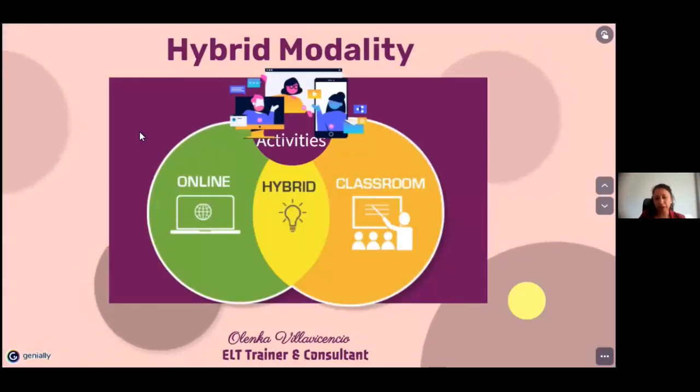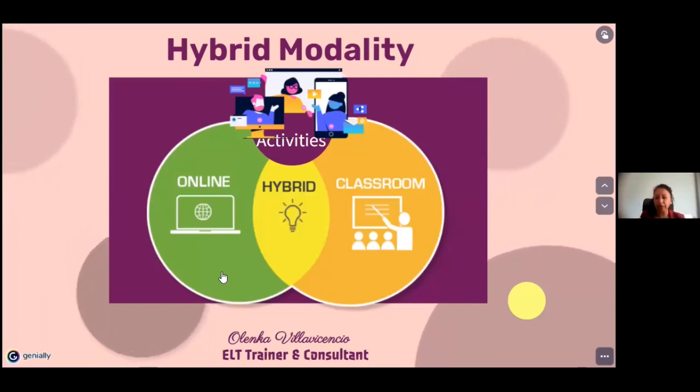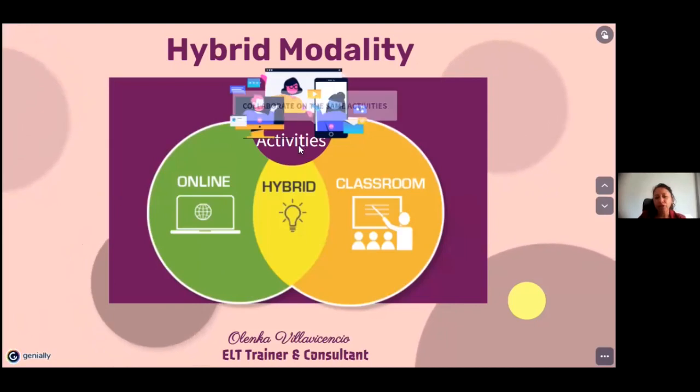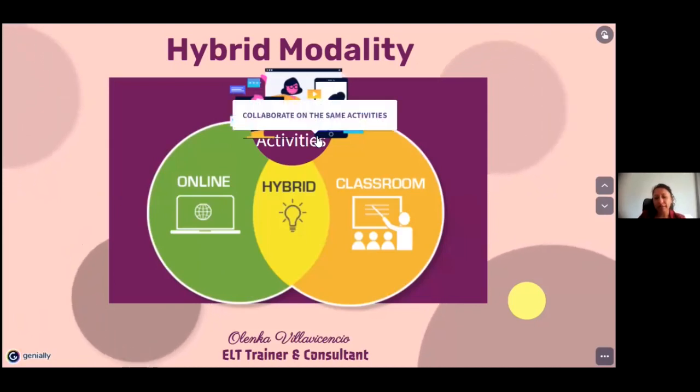The most important is to keep the social distance, to respect all the COVID-19 rules, and if you have online and classroom students, try to do the same kind of activities and they work with each other in a collaborative way to have a successful session.